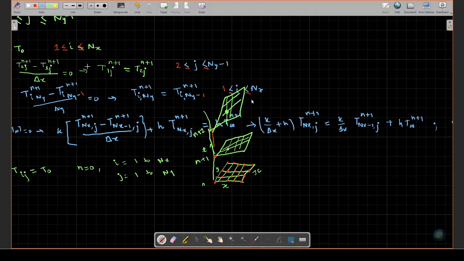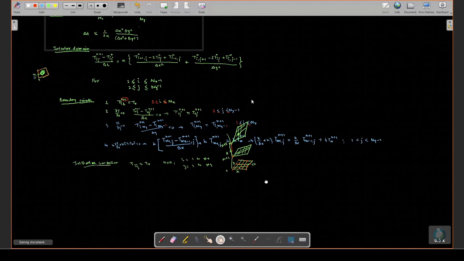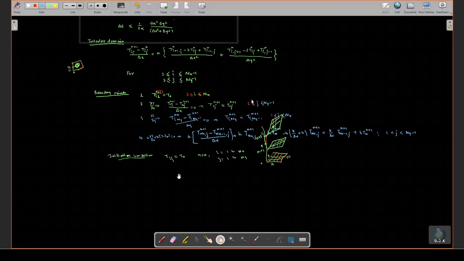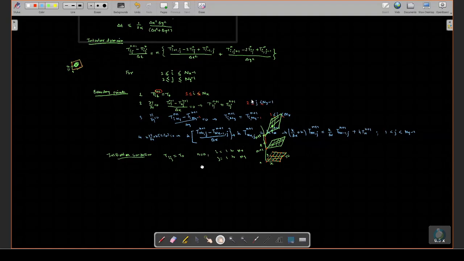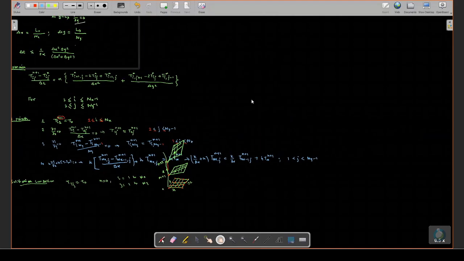Okay. So now all the necessary discretizations are done. We have the discrete equation for the interior domain, we have discrete equations for the boundary points, and the initial condition is known. Now how do we proceed? Now we have to see how you can solve this. I have to watch the time also, so let me just finish the algorithm.